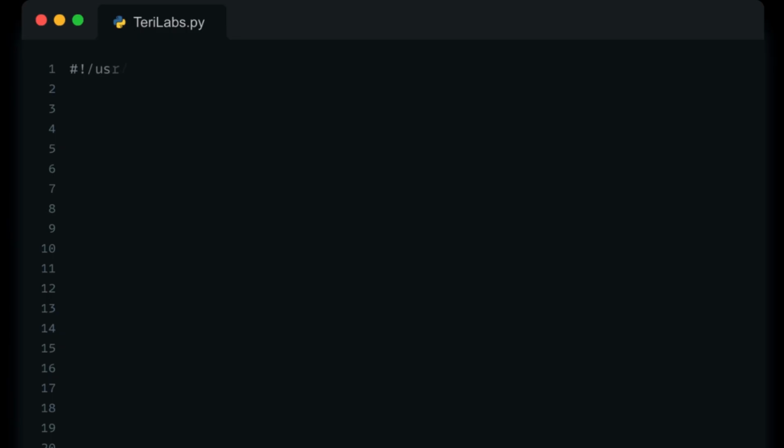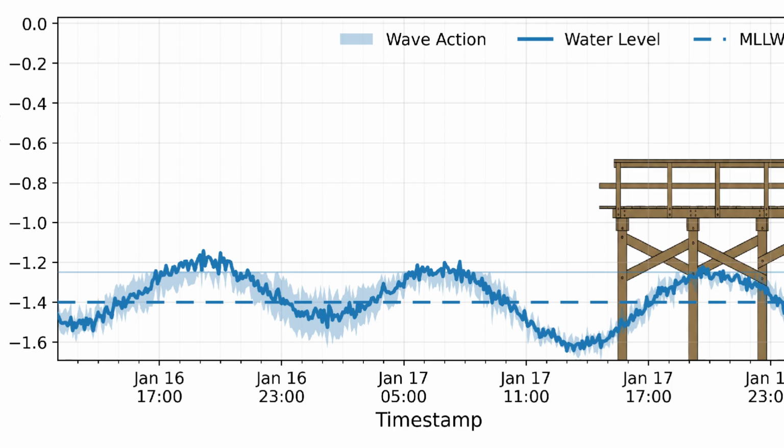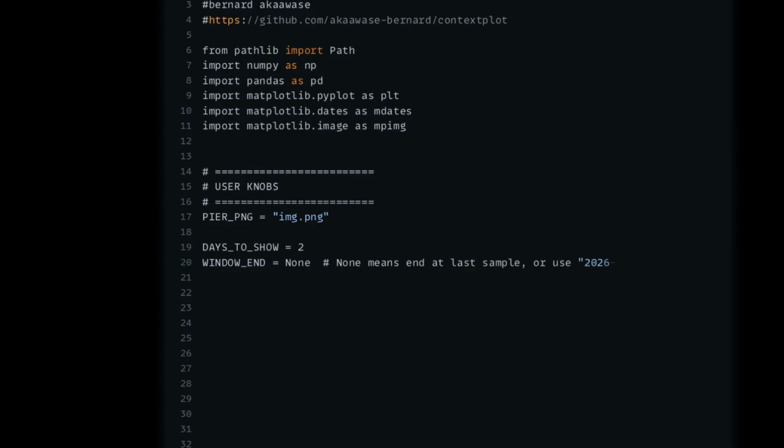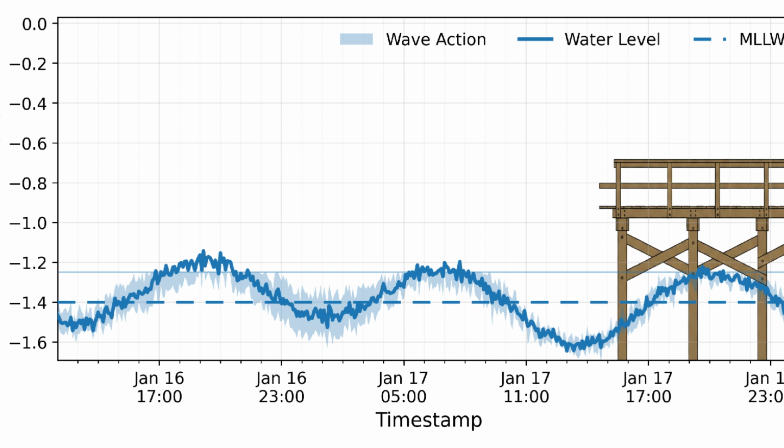In this video, I'm going to show you a small Python project I built called ContextPlot, and the goal is simple. I wanted to make a water level plot that actually has context. Normally when you plot water level data, you get a line, maybe a wave envelope, and some time labels. It's useful, but it doesn't instantly tell you what the water is doing relative to something real, like a pier